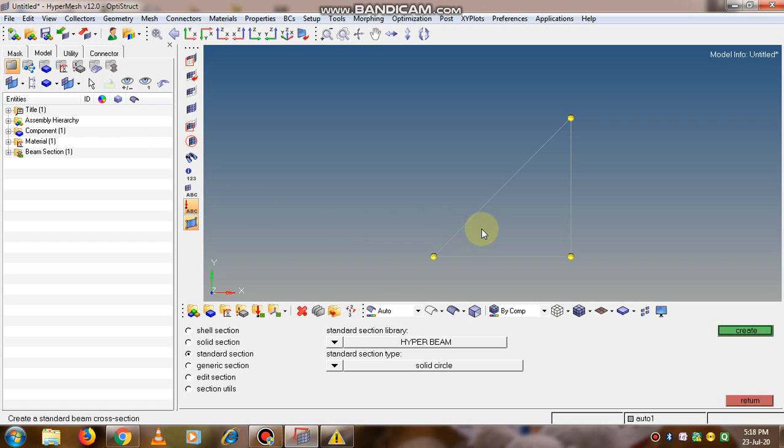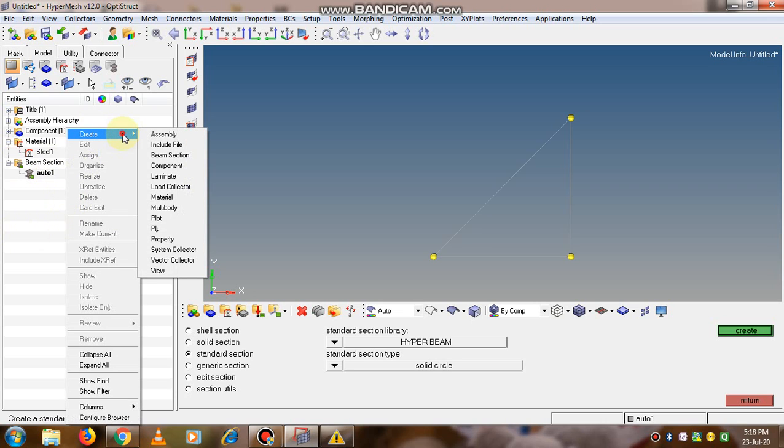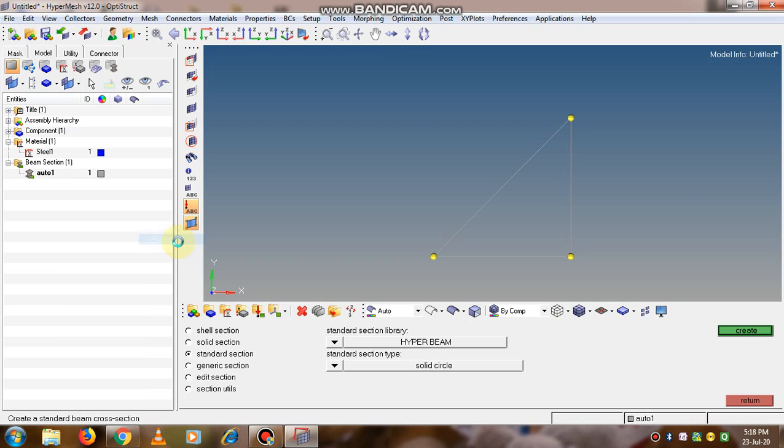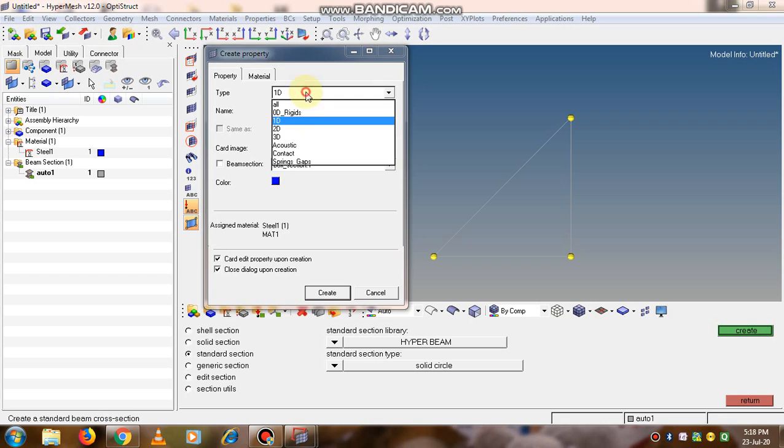Now once the section is defined and material is finalized, now we need to create the property here. Create property. So here there are different options available.